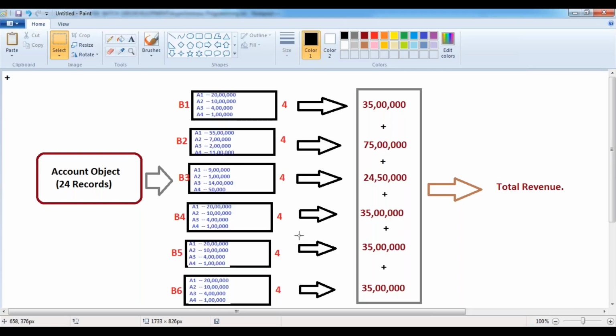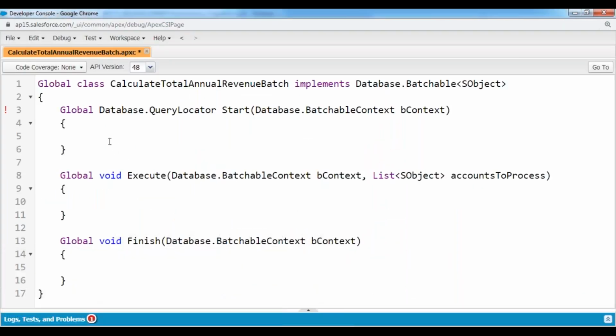This is my requirement. So, collect all the account records from the object first, and then we can divide them into the various batches. Now, let's implement the function. I'm collecting all the account records. String accountQuery: I select the Id of the account record, Name, and AnnualRevenue